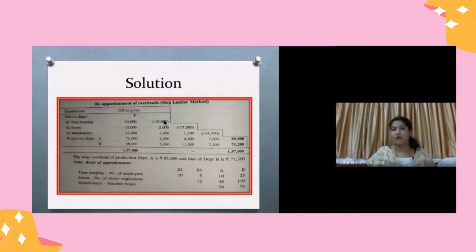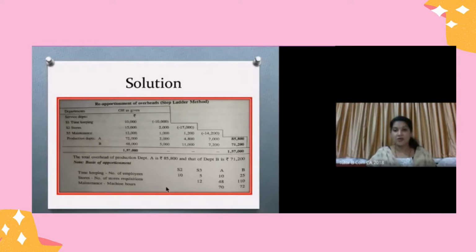Then what do we do? We share between S2, S3 and production department A and B. In which ratio? The ratio at which it needs to be distributed is already given in our question, which is the ratio of number of employees. Right. So the ratio here is